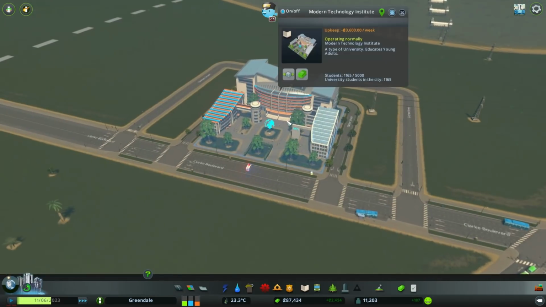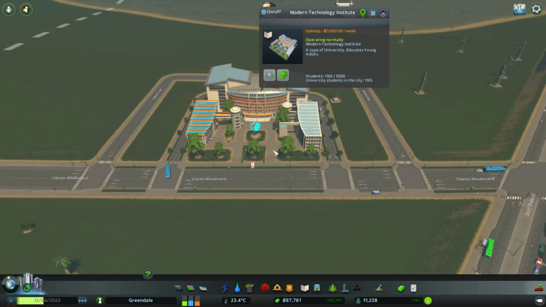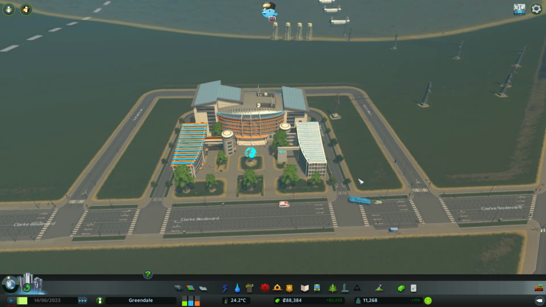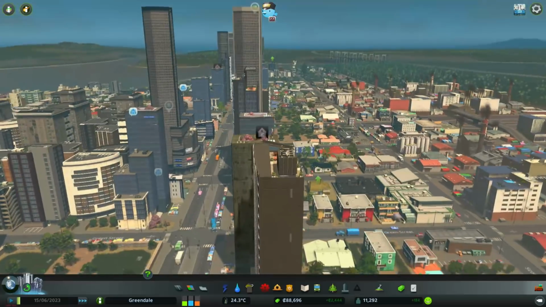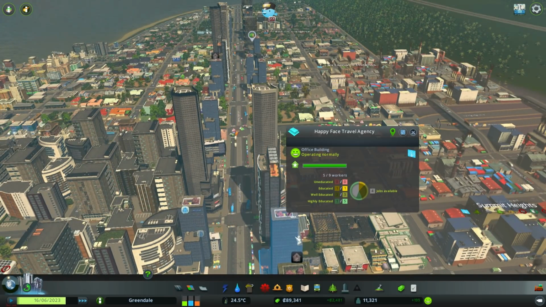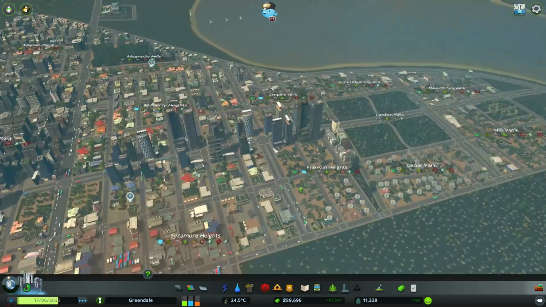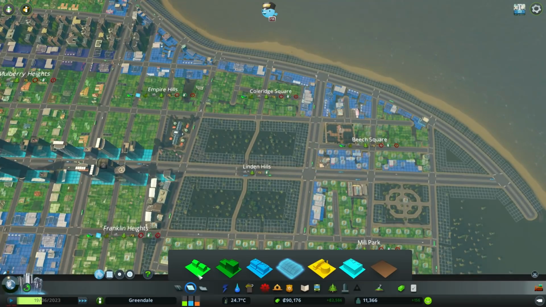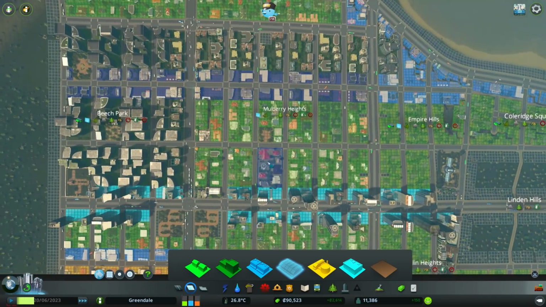Anyway, we got MTI placed over here. Modern Technology Institute. Decent number of students. Hopefully we're going to get people starting to work in these buildings. I'm not seeing any... oh, there we go. One highly educated worker. So we're slowly getting there. We do have demand for pretty much everything, actually, which means I could probably go in and start...